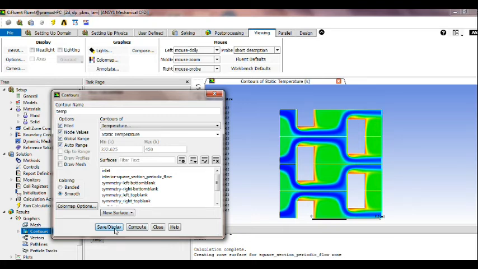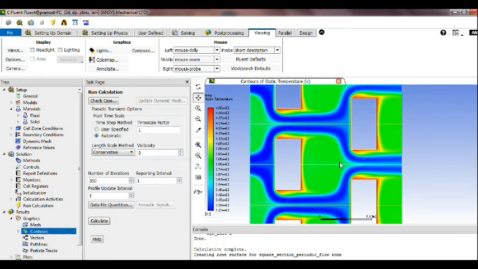And here now you can see the contour in a screen. It's showing a contour of static temperature, and the temperature increases in the fluid due to the heat transfer from the tubes. Now you can see this area, we have the maximum temperature, that is 450 Kelvin, and this area is having temperature 450 because we have defined our boundary conditions, and the